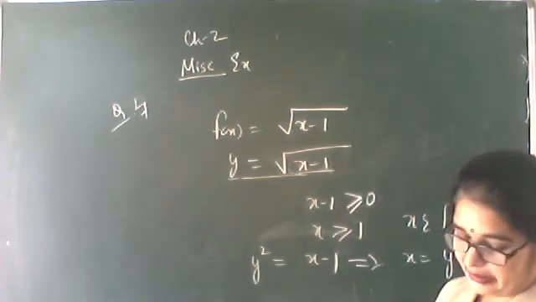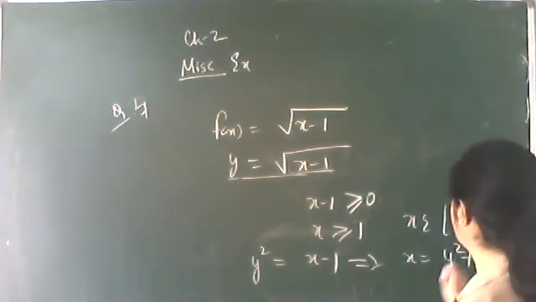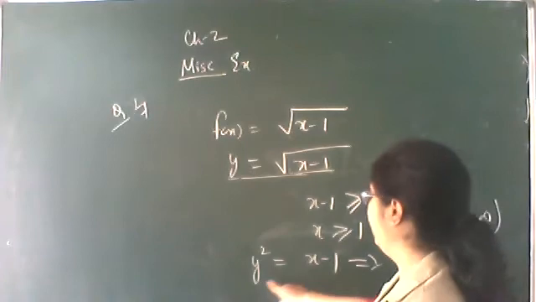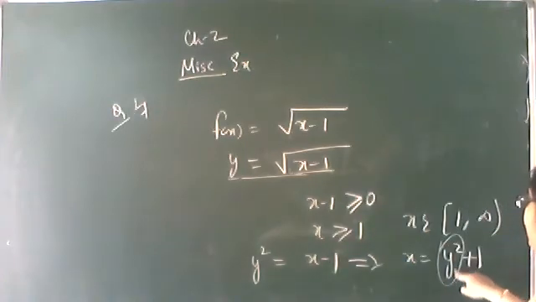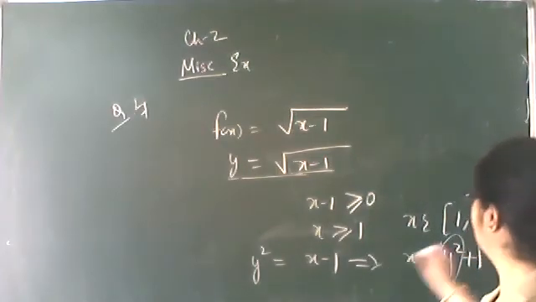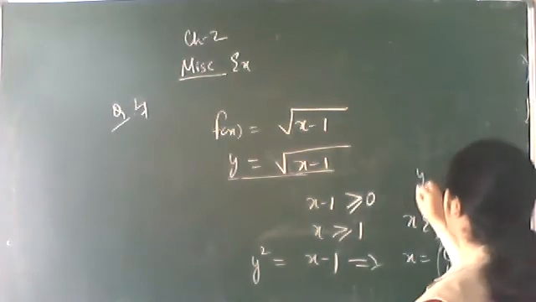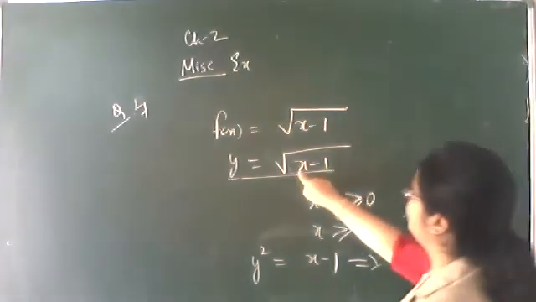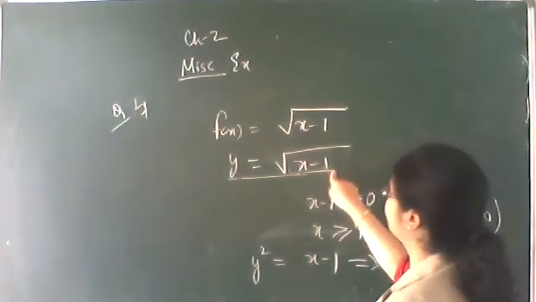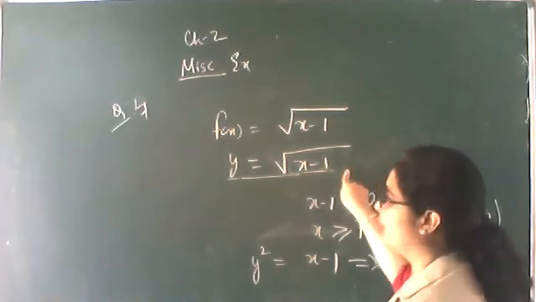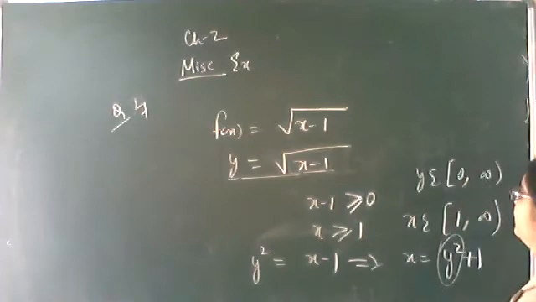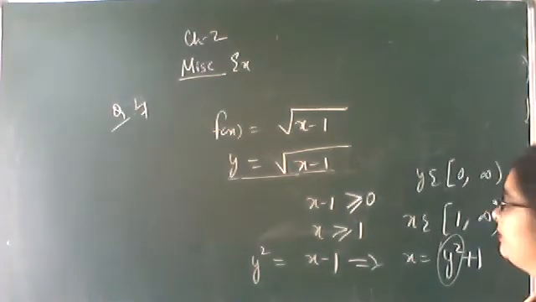Now just see, y square will always be greater than 0. So what values can we take for y? If x is belonging to 1 to infinity, from here also you can check what y will belong to. If x is equal to 1, what are we going to get? 1 minus 1, 0. The first value will be 0. Any other value you put, 2 minus 1, 3 minus 1, you will get some positive value. So it will be 0 to infinity, and 0 will be included. So your closed bracket will come.